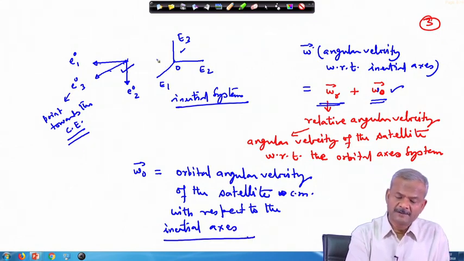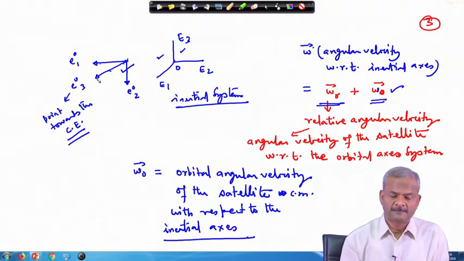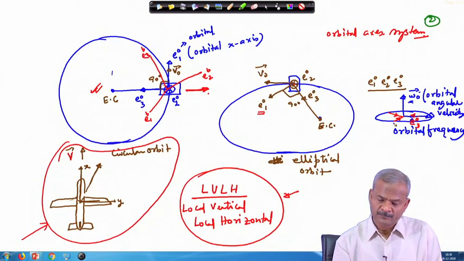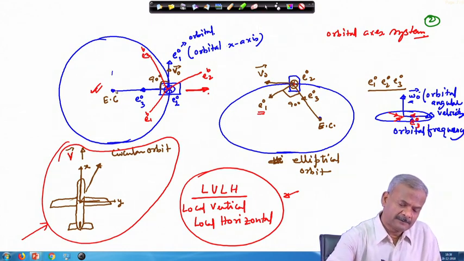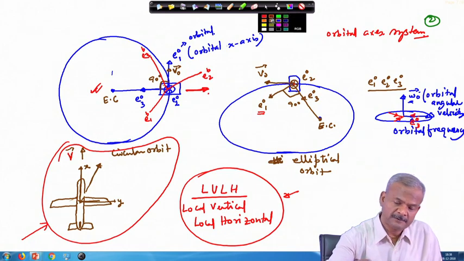With respect to this E axis, this frame is rotating, as shown here. As the satellite goes here, this frame right now is here, after some time the same thing will come in a position